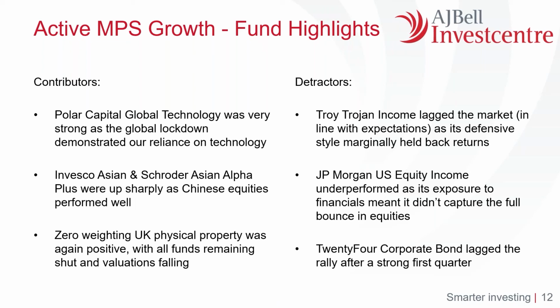Now onto the right of the column, the detractors. It really is a reverse of what was experienced last quarter given the market backdrop. Therefore, the funds that are more naturally risk averse tended to lag a sharp market rise. Now this is very much expected. Troy Trojan Income is a really good example of this given its capital preservation mindset. A fund that protected in the relative sense last quarter didn't participate in the recent rally, and the fund is